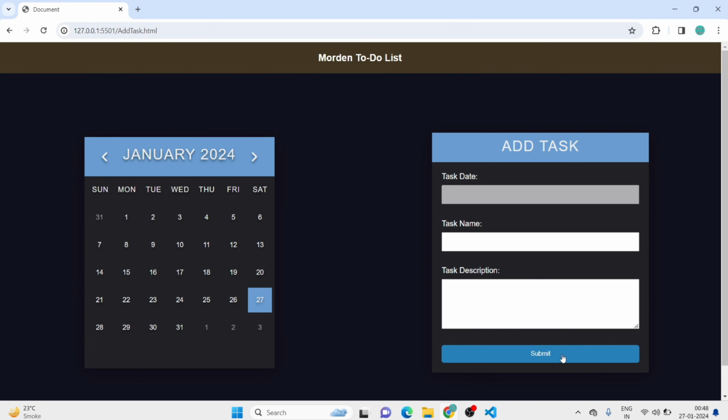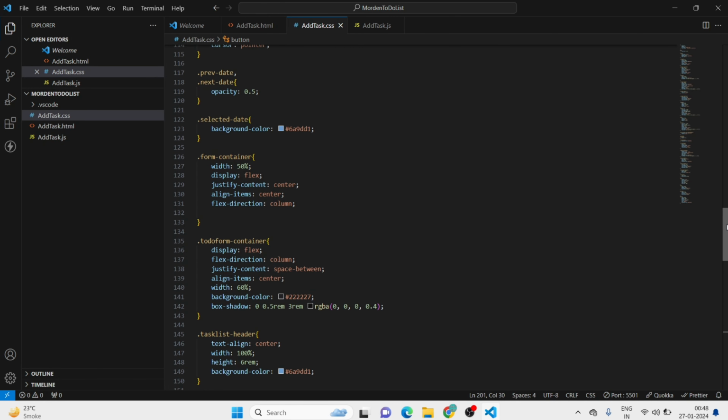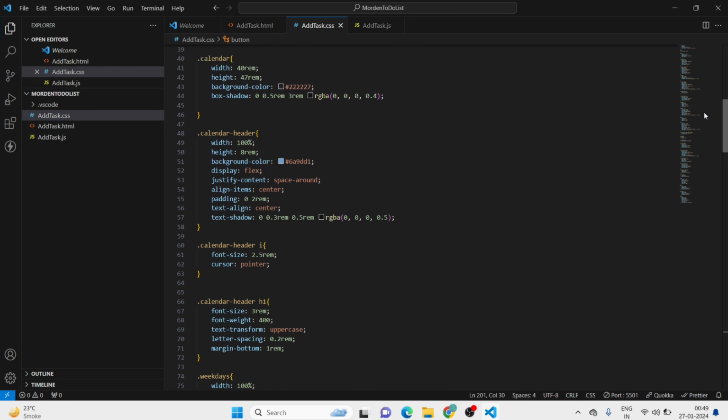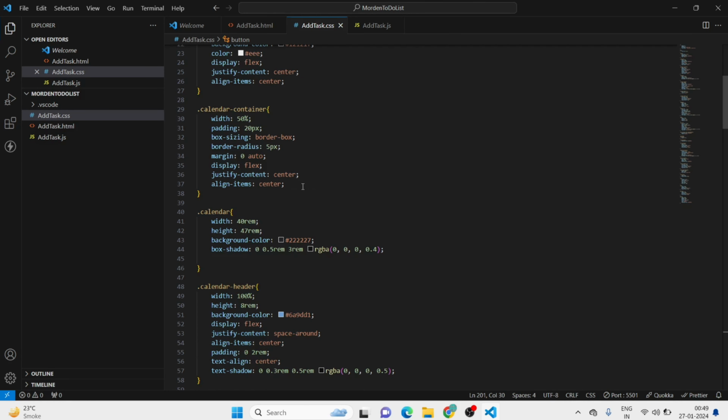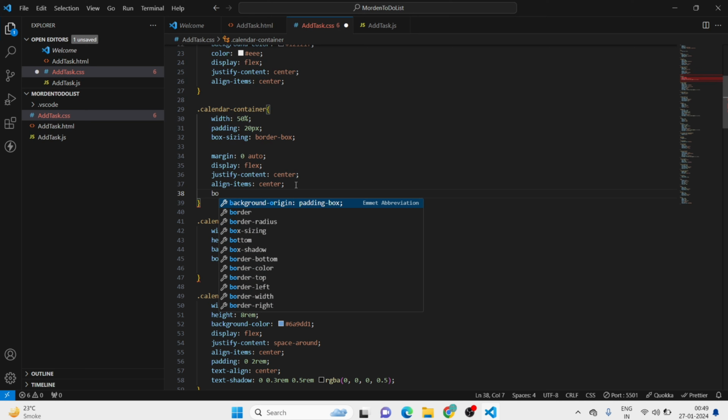The button looks like this, and this looks good, but we should add a separator also here. Should be one separator. So let's add the separator in our CSS only. It was supposed to be somewhere, header, maybe container only. So firstly we will remove the border radius. Let's go and add border right, I guess. Yeah, border right,